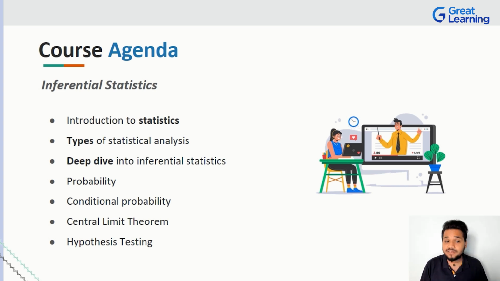To understand inferential statistics completely, these are the concepts that govern the domain, right? We have things such as probability. We're going to be understanding what probability is, taking one or two examples, and understanding something called conditional probability. Now, conditional probability has a very important say in inferential statistics. In fact, it has a huge say even in the world of, think about Bayes' theorem. You can think about the naive Bayes algorithm in machine learning, right? So literally it's one thing that adds on to something else.